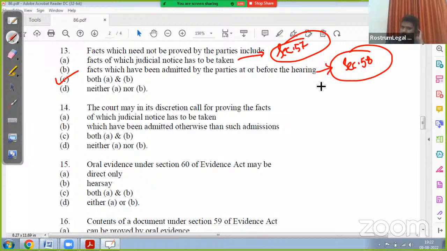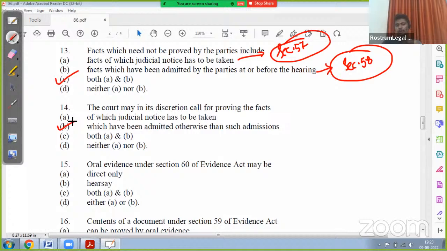Next, the question number 14, the court may in its discretion call for proving of fact of which judicial notice has to be taken, facts which have been admitted otherwise than such admissions, option C both A and B, option D neither A nor B। What should be the correct answer? Its correct answer will be option B।